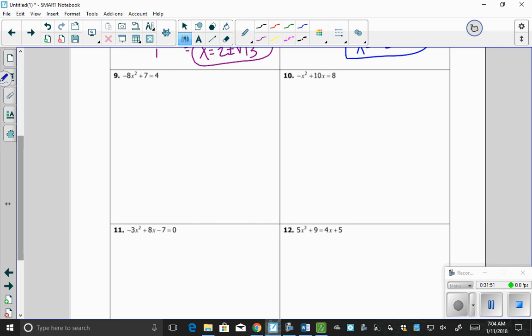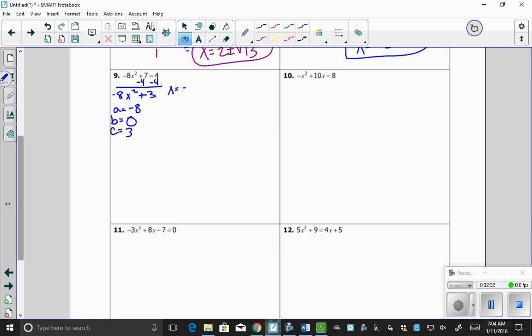Number 9. Move the 4 by subtracting 4 on both sides. And you get negative 8x squared plus 3. Label A, B, C. Well, A in this case is negative 8. Because I don't have an x term, B is going to be 0, and my C is going to be 3. So I'm going to use x equals